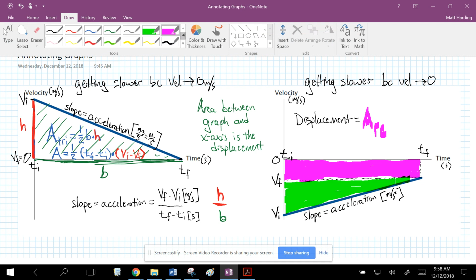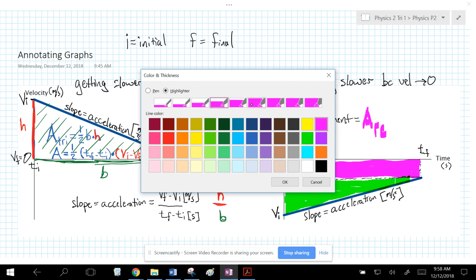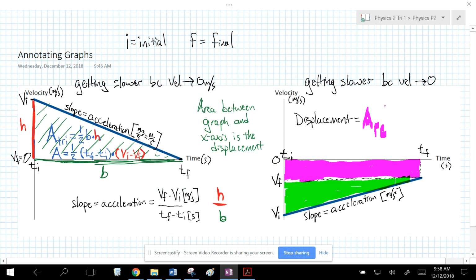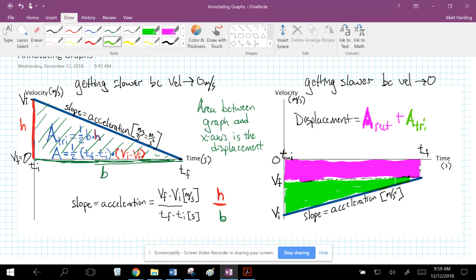Do I have a purple pen yet? And so if you look at how those are going to be written out,